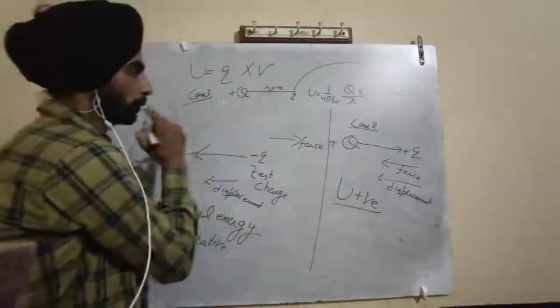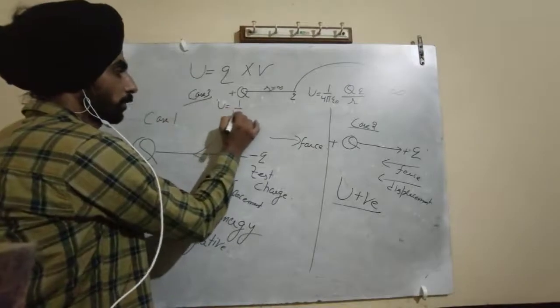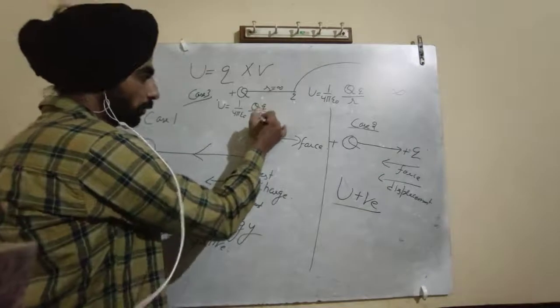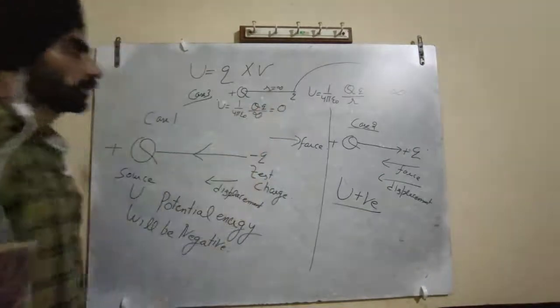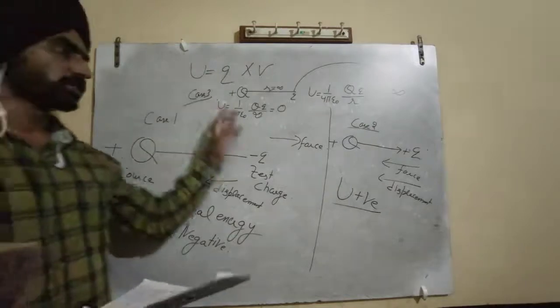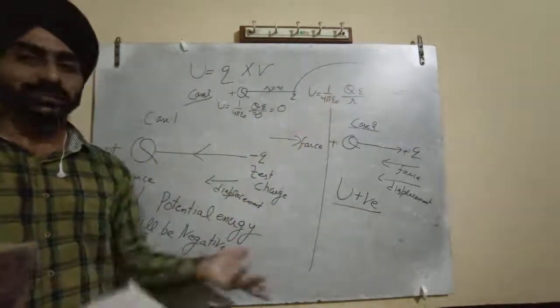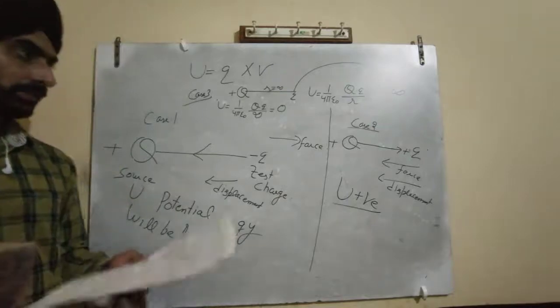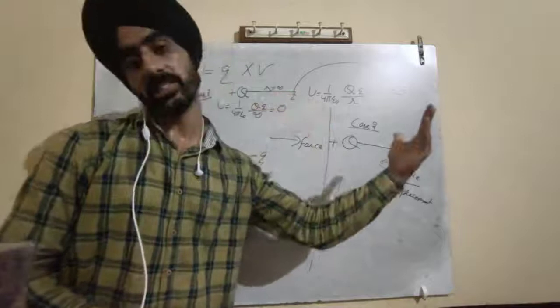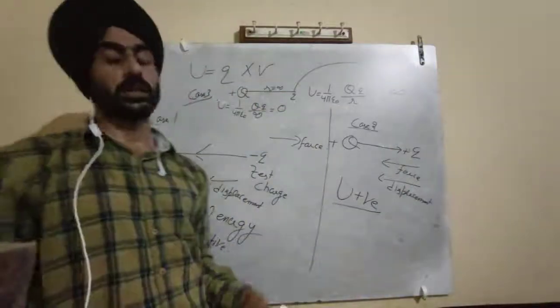R will be infinity. Put the value of R. 1 upon 4 pi epsilon naught Q infinity, and 1 upon infinity will be 0. So potential energy will be 0 if distance between two charges is infinity. Okay, if two charges they are located at infinity distance apart, the total potential energy of the system will be